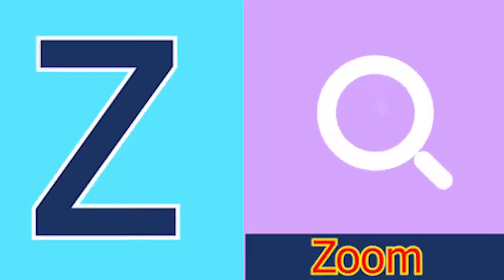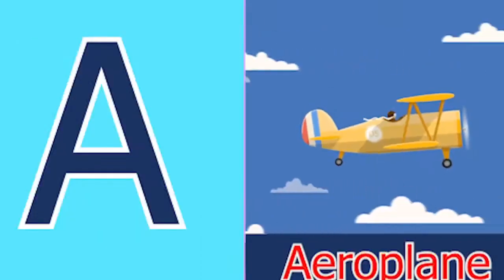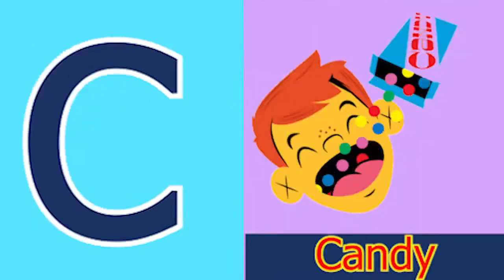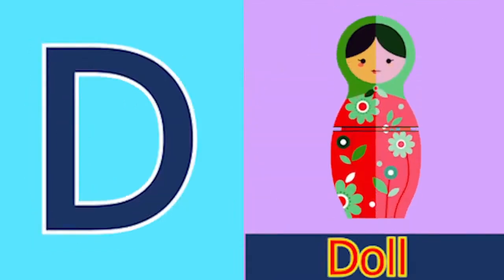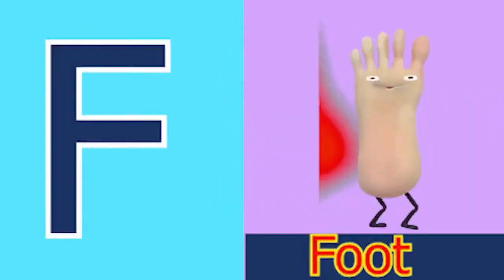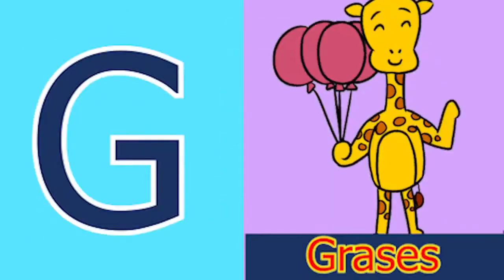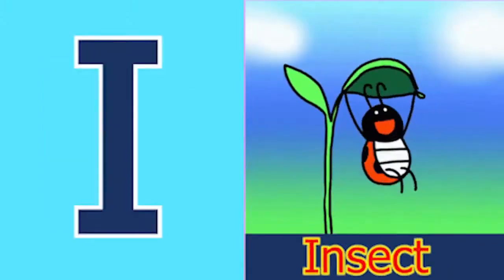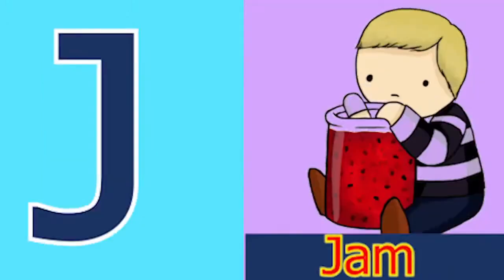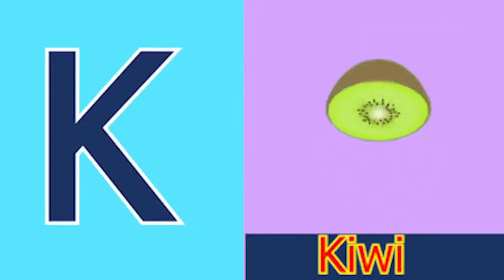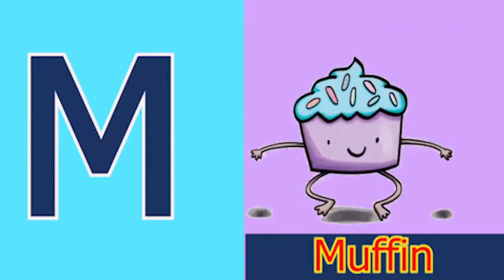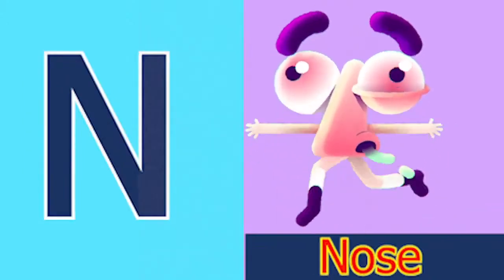And Z for zoom. A for aeroplane, B for boat, C for candy, D for doll, E for elbow, F for foot, G for glass and H for horn. I for insect, J for jam, K for kiwi, L for lamb, M for mug and N for nose, O